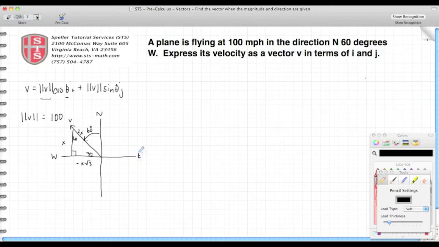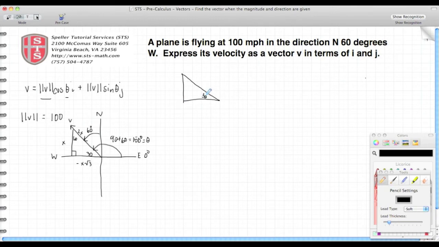We know theta is going from the 0 degree mark all the way to the vector. Well, we know this here is 90 degrees plus the 60 degrees from north to give us a total of 150 degrees, which tells us what theta is. Now we need to look more at the special triangle to figure out the relationship of these sides, because we're going to need that when we substitute into the vector. So let's go ahead and just redraw that special triangle here.